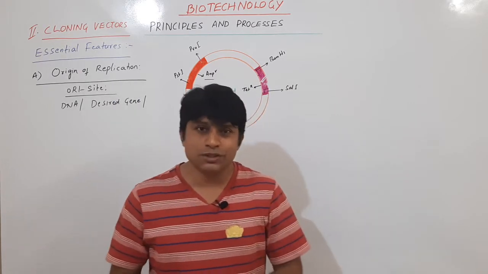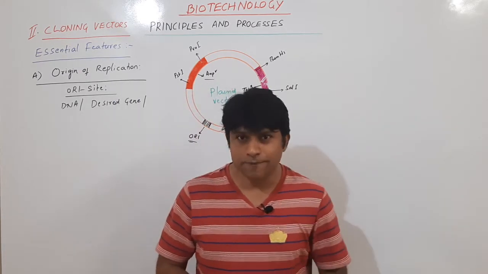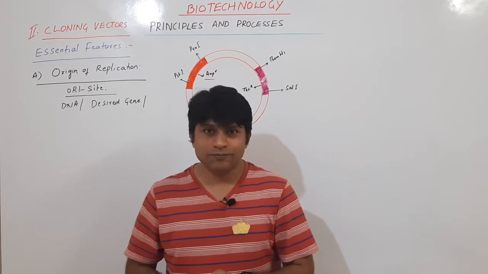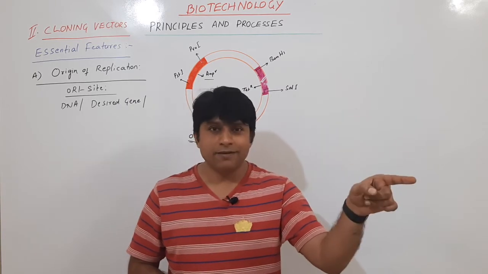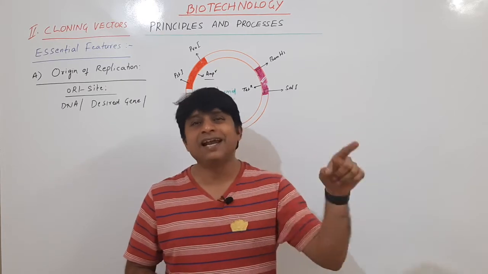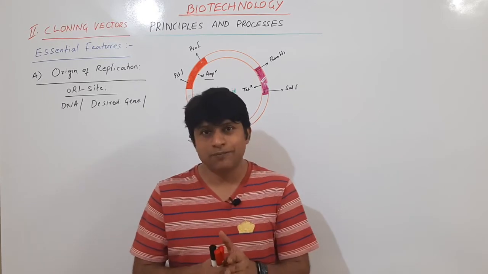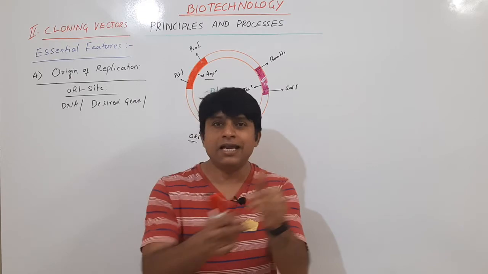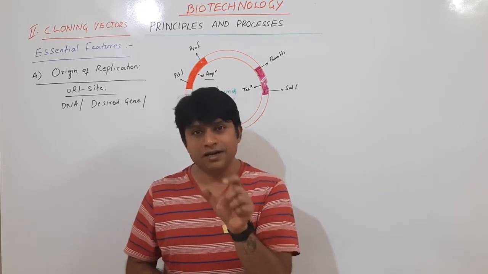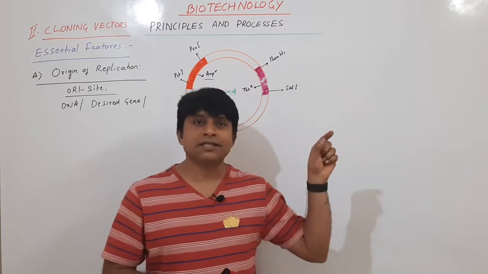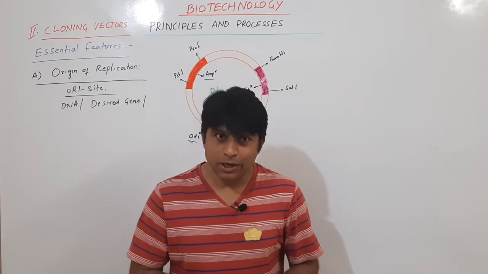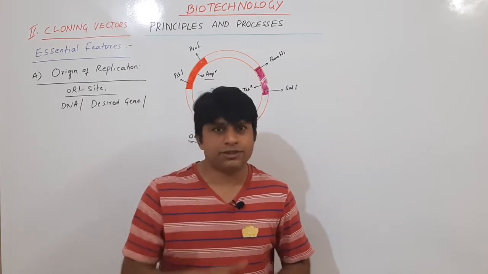The most commonly used host is Escherichia coli. We generally call it E. coli. So if it is directly introduced, this gene, or desired gene, or we call it alien DNA, can be degraded by the host cell. As a result, we require a carrier molecule that is called a vector. We generally introduce our gene of interest into a vector and then this vector will carry it into the host organism. Fine.